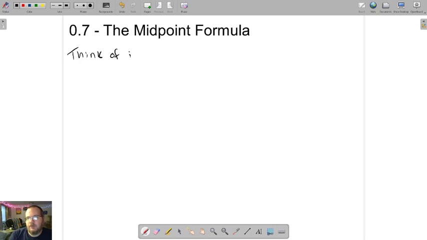Think of it as the average point. So what I mean by that is the word mid means middle. So if you think of middle as being average, it kind of helps you. I'll give you the formula here. So the midpoint formula,